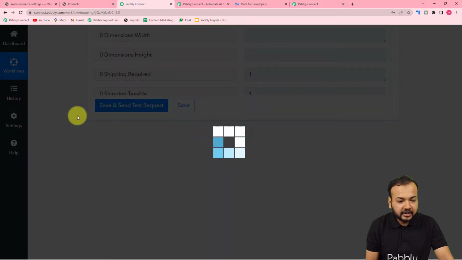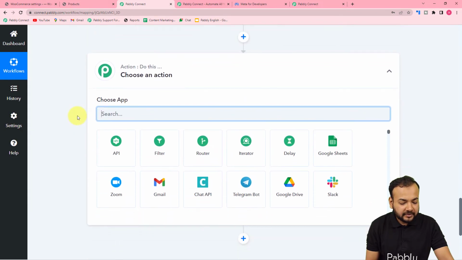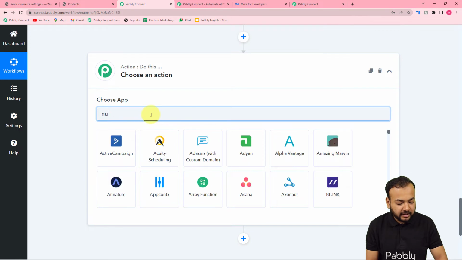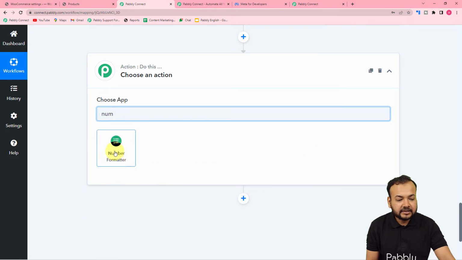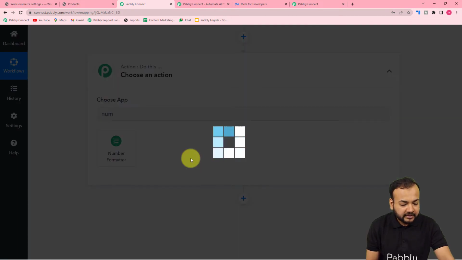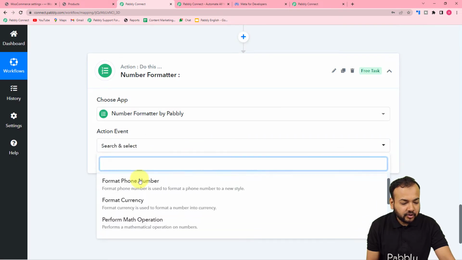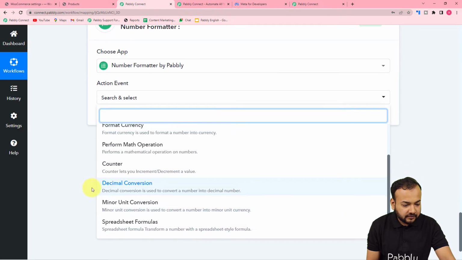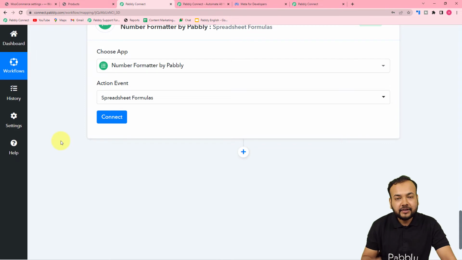Let me show you. Just click here on this plus icon, and from this actions tab search for number formatter feature of Pabbly. Okay, here it is, number formatter. Select it, and in the action event I am going to use this option. The option is spreadsheet formulas, this one. Okay, so we are going to apply a spreadsheet formulas, and with the help of that we are going to generate some random integers, let's say between 100 to 999. Okay, and with the help of those random integers we are going to generate a code,